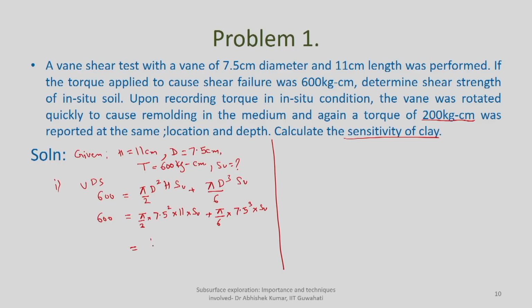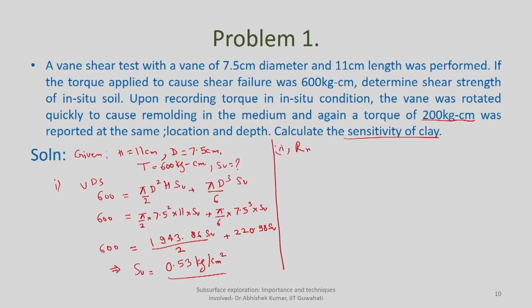If you solve this, you will get 1943.86 SU divided by 2 plus 220.98 SU equals 600. So if you solve this equation, you will get to know SU equals 0.53 kg per centimeter square. This is the unit of stress, because it is strength. Then the second one will be